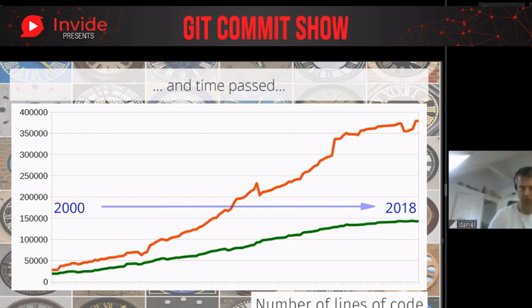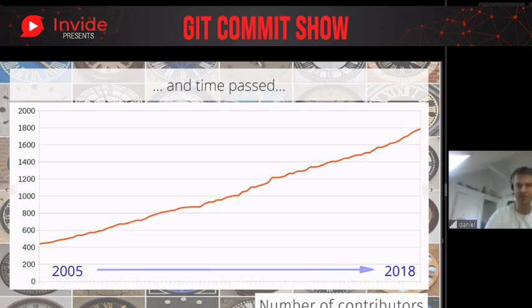The graph doesn't show from the beginning, because I don't have all the data left since the very beginning. But still, it shows a steady growth. Maybe it has leveled out a little bit recently, but it keeps growing over time. And we have a lot of help from a lot of people over time. I started the project. I'm still the lead developer. I still do most of the commits and changes, but I get a lot of help from a lot of contributors and helpers everywhere.